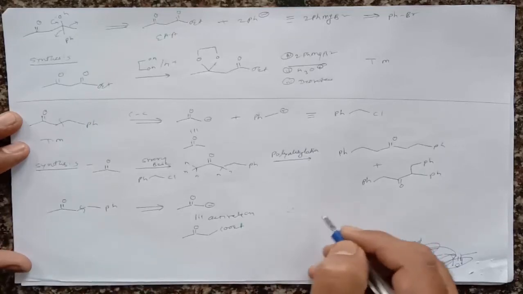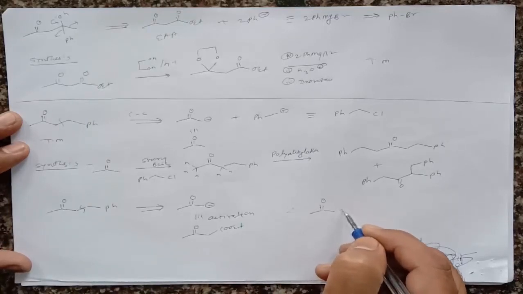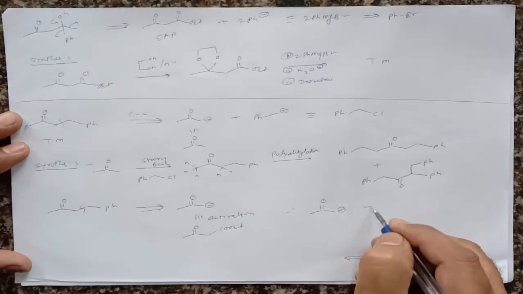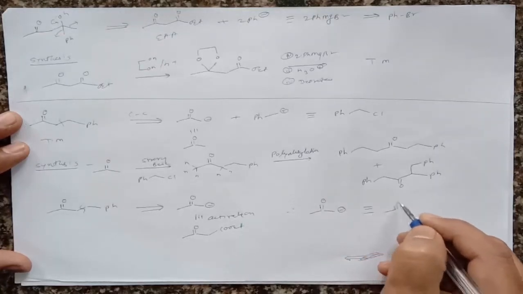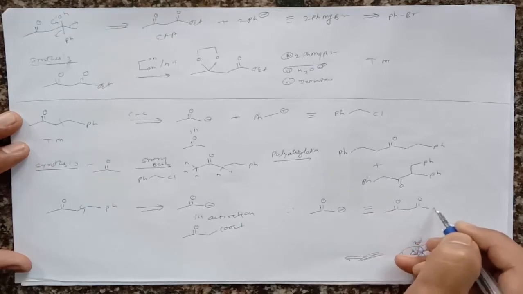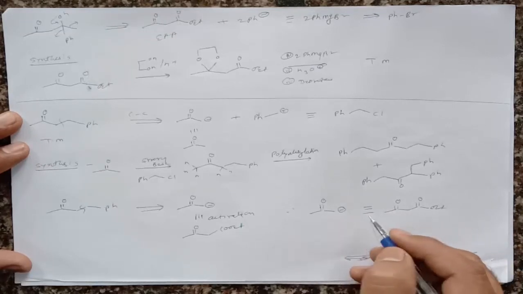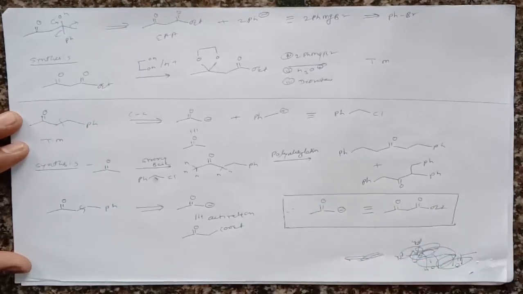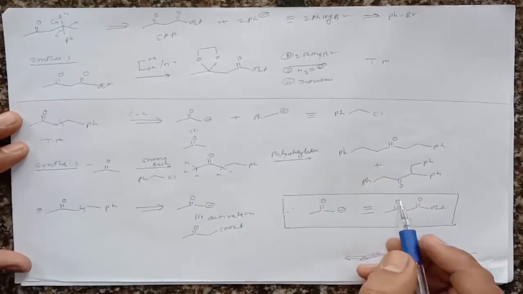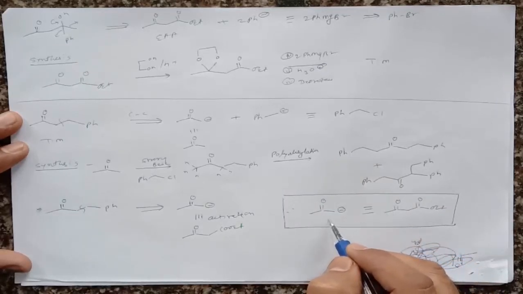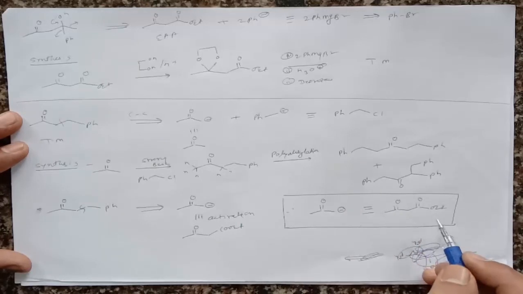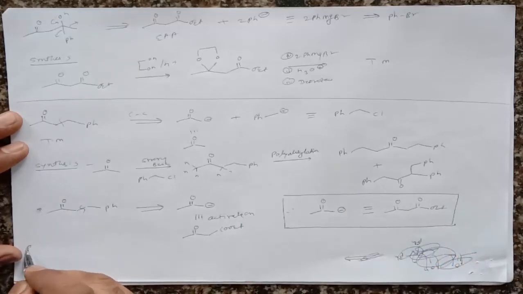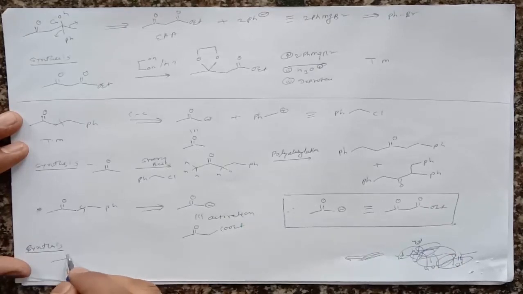Right? That means suppose we want to take a ketonic synthon, and its synthetic equivalent will be ethyl acetoacetate. So this will be the synthetic equivalent. That means it is a very good synthetic equivalent for this ketonic function group. Right? So you have to keep in mind that for the ketonic synthon, ethyl acetoacetate is a good synthetic equivalent. Suppose we see the synthesis. In the synthesis, we have to take the ethyl acetoacetate, right?